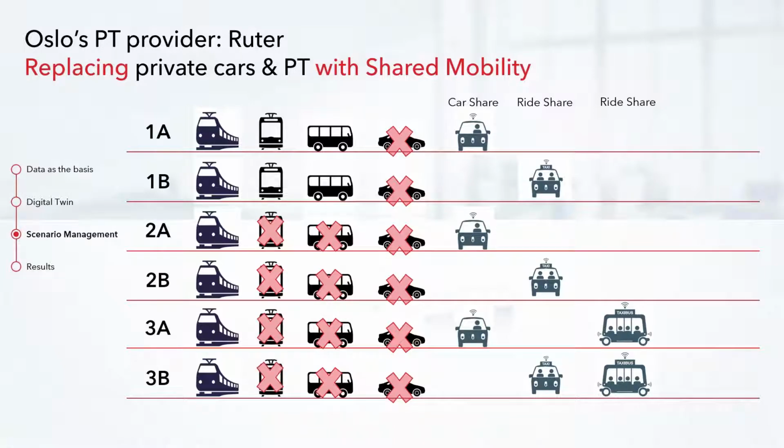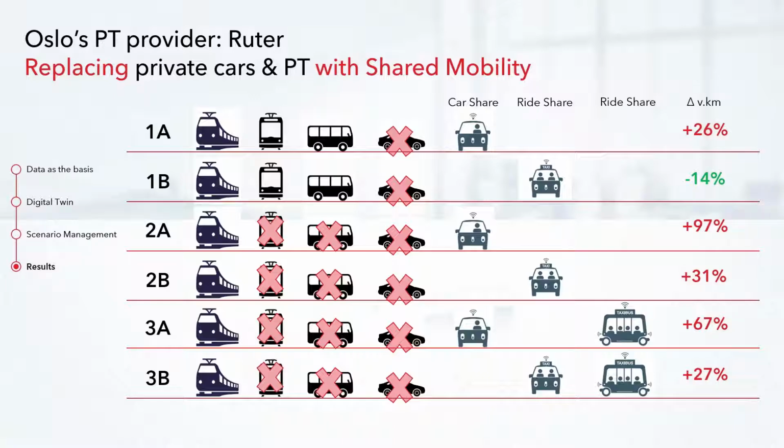I'll just give you a heads up of the results. One of the biggest barometers of change that we can measure and we can understand is the change in vehicle kilometers or vehicle miles traveled by each of these scenarios. And the results are quite drastic. There is only one of those 6 scenarios where we actually reduce the number of vehicle miles traveled, and we only reduce it by 14%.